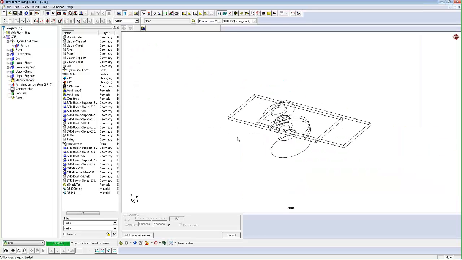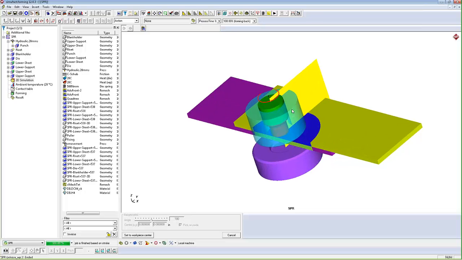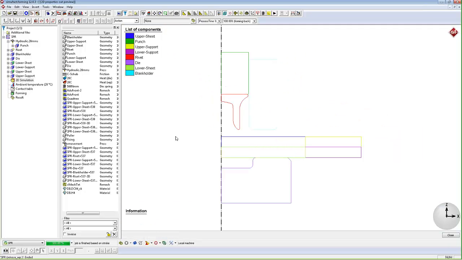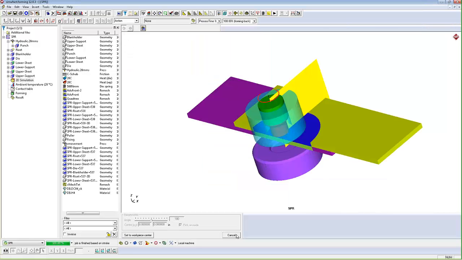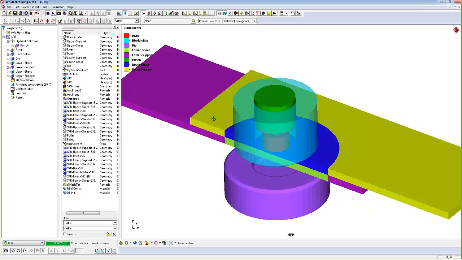And then you see here the cutting plane. This yellow plane cuts through the models, and you can do a preview of the 2D model that we're going to simulate. Here we have the punch, the blank holder, the rivet, the upper sheet, lower sheet, and here's the die cavity. So the software supports both 2D and 3D type simulations in one environment,